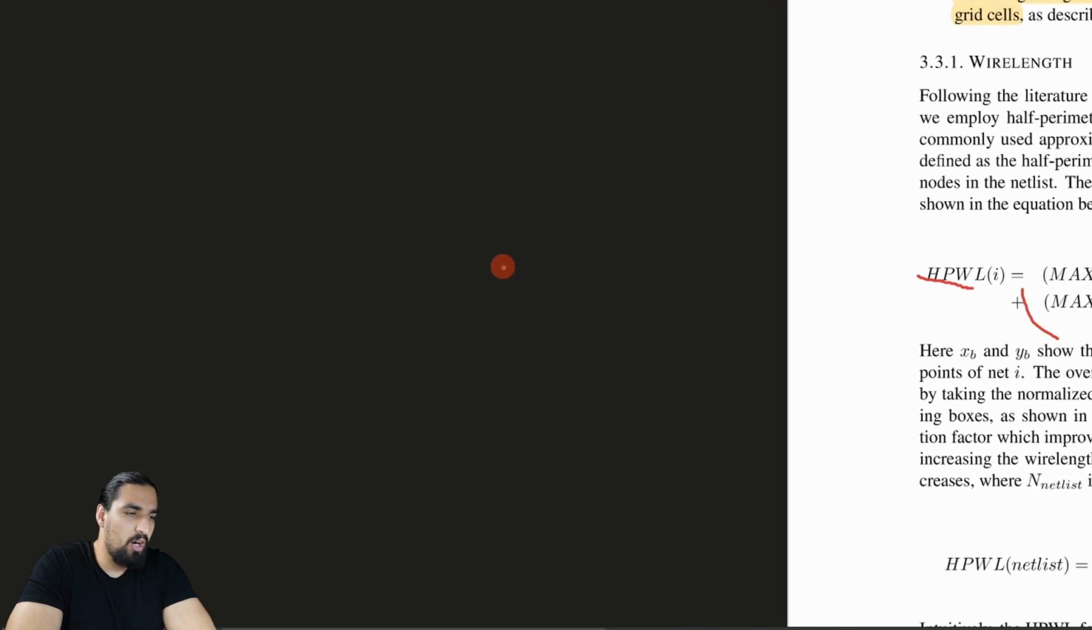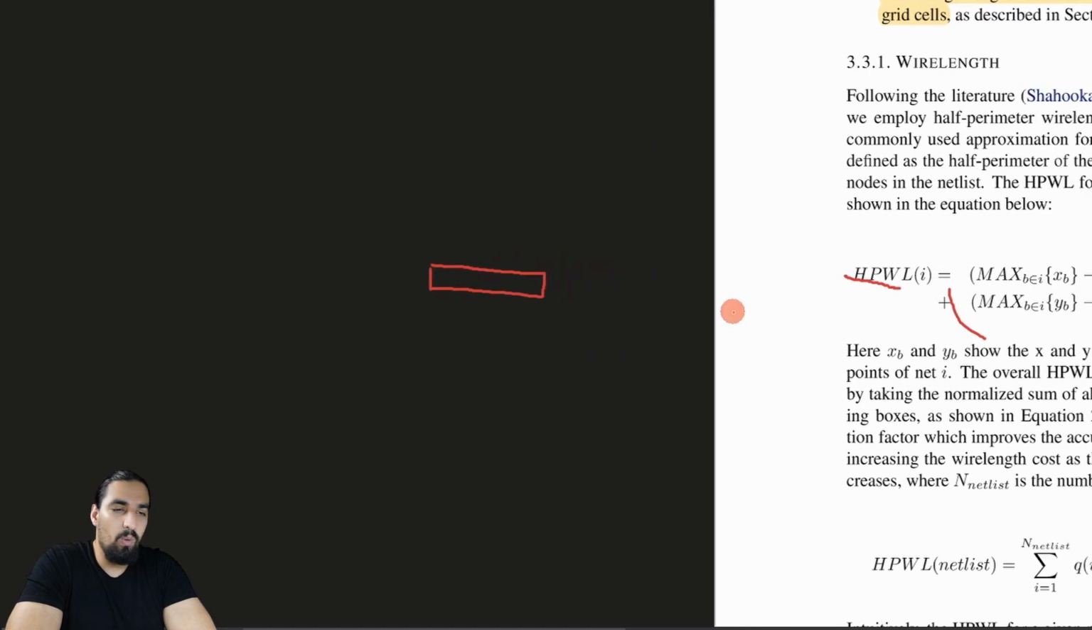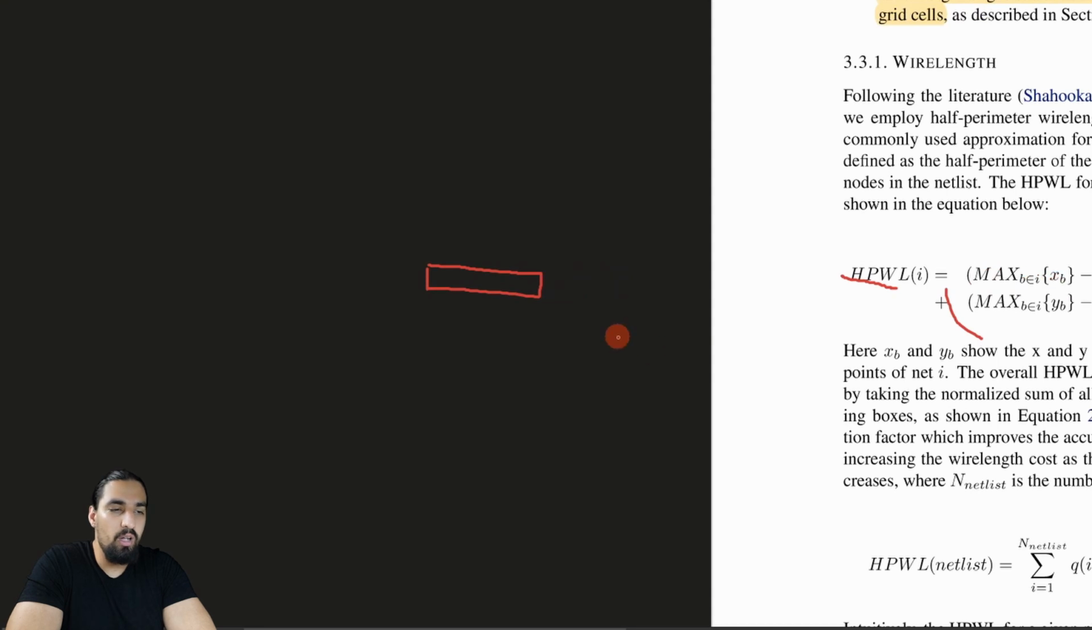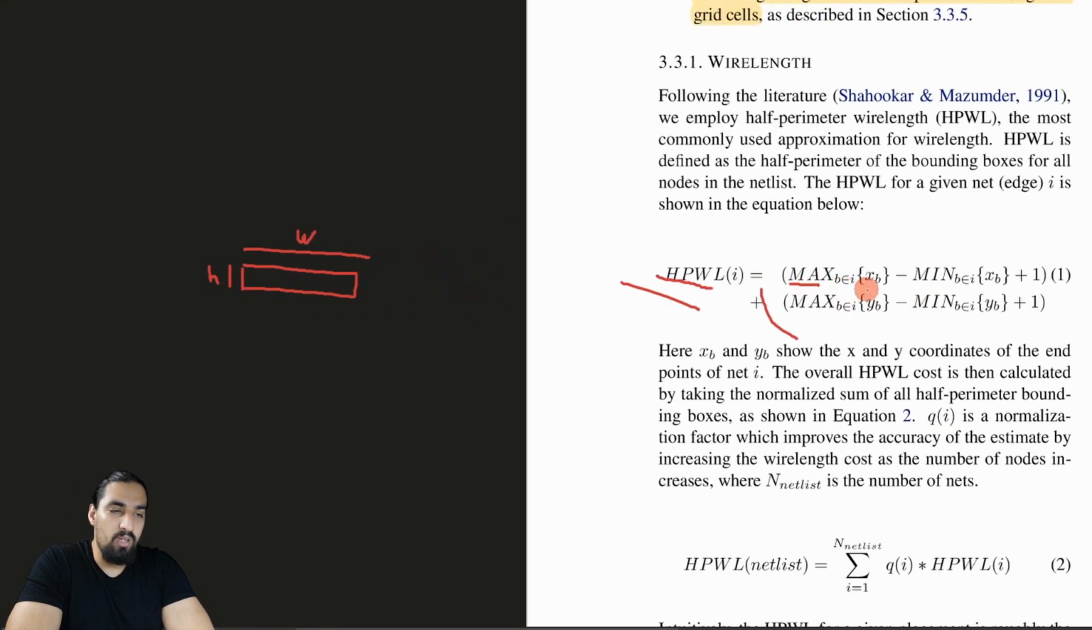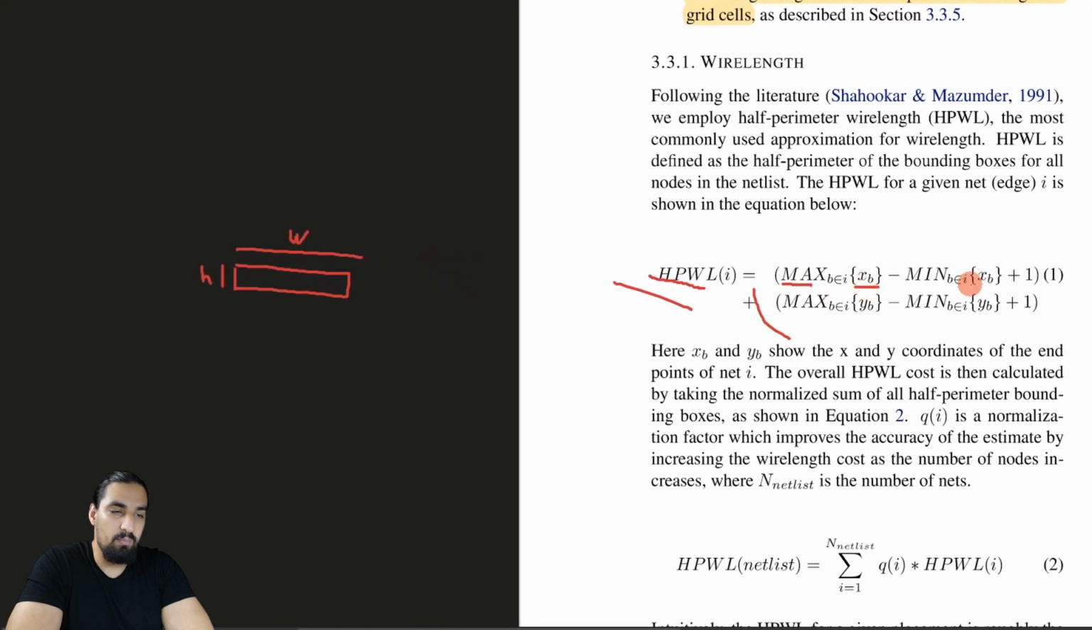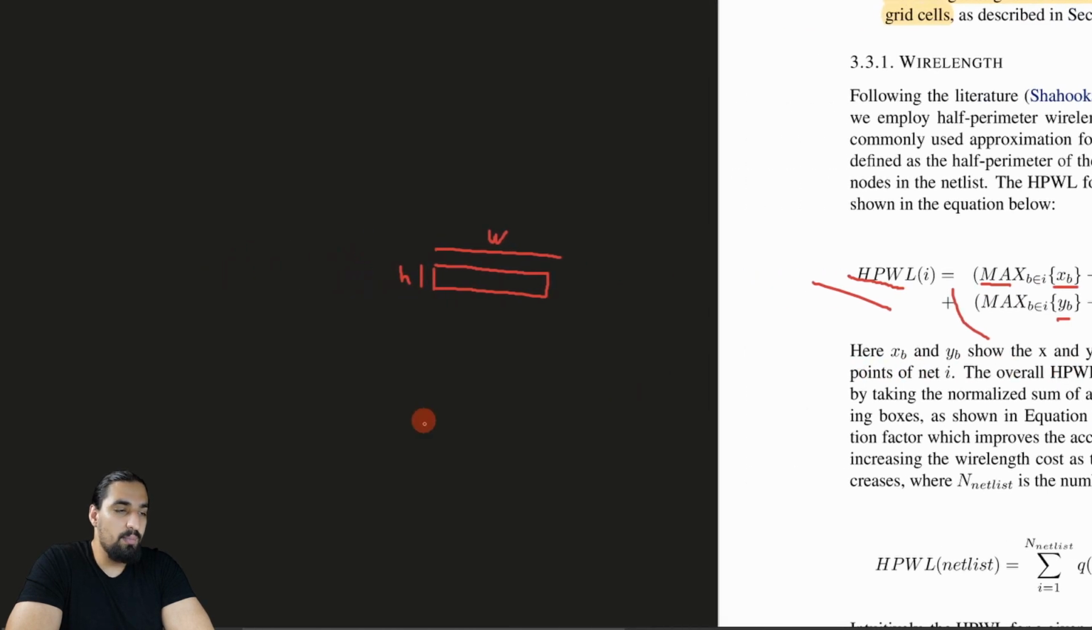Imagine you have a wire like this. For this particular wire, this number would be equal to this thing here, plus, that's called the height, and this would be the width. So that's the half perimeter, right? The perimeter would be 2 times that. You can see here, max over the x-axis minus min over the x-axis, same thing for the y-axis. And if you had something a bit more complex, some wire that goes like this, maybe like this,